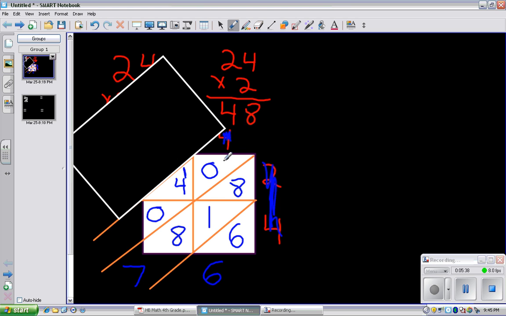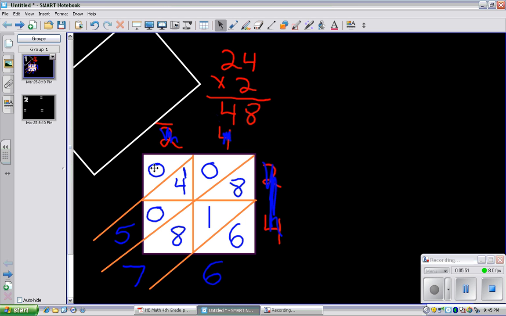I now add up all of the numbers in this column, 0, 4, 1, and 0, to get the number 5. I'm almost through. I just need to add up my final box. Well, my final box, or triangle, is a 0. I do not need to write the 0 because 0, 5, 7, 6 is the same as 5, 7, 6. So the correct answer to 24 times 24 is